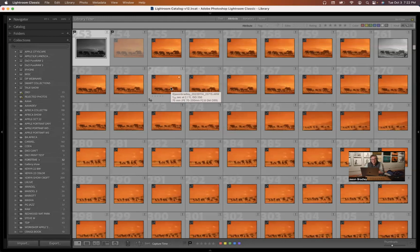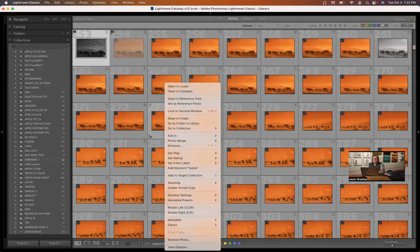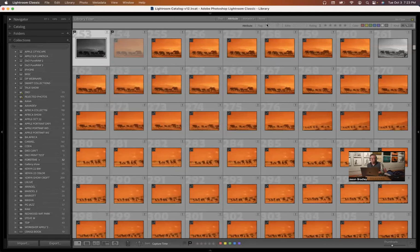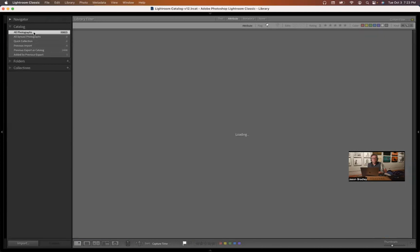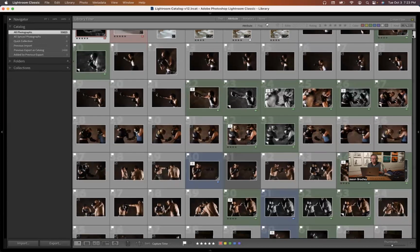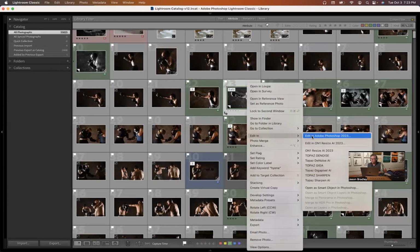If you're doing that kind of workflow, you can click on your image to edit in Photoshop. Those are rejected, all these images are rejected. Let's get an example of an image that's actually on my hard drive. Excuse me a second. Do I have any images on this hard drive? Yeah, here's one. So I can go to edit in Photoshop,